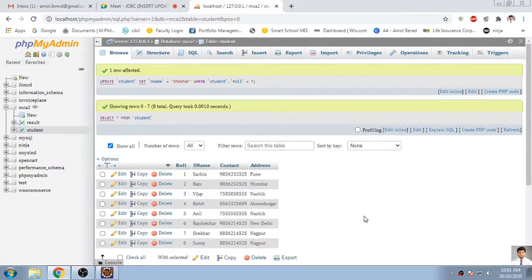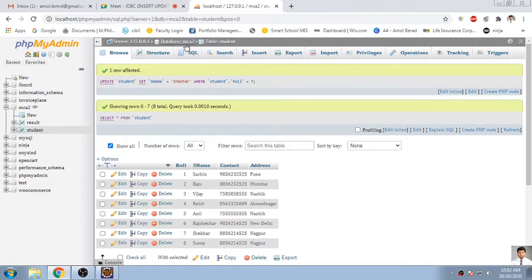Now today what we'll do is go for updating and deleting some records from your student table. Whenever we are asked a question in a university examination for updating or deleting a record, you have to first describe your table, in what way your table will be there. So you have to be ready with the table design, and apart from that, you should display it on your screen first.